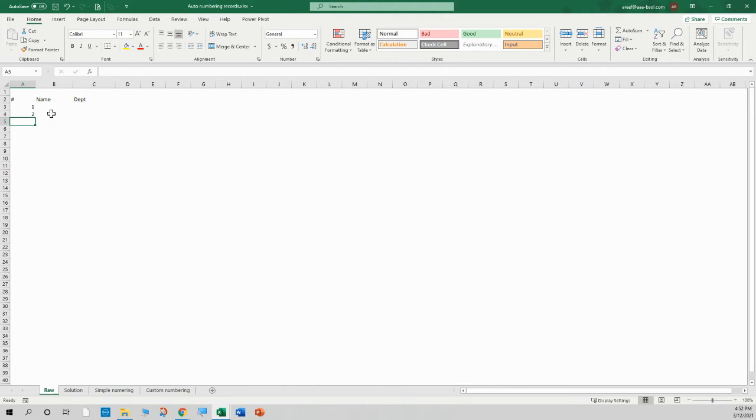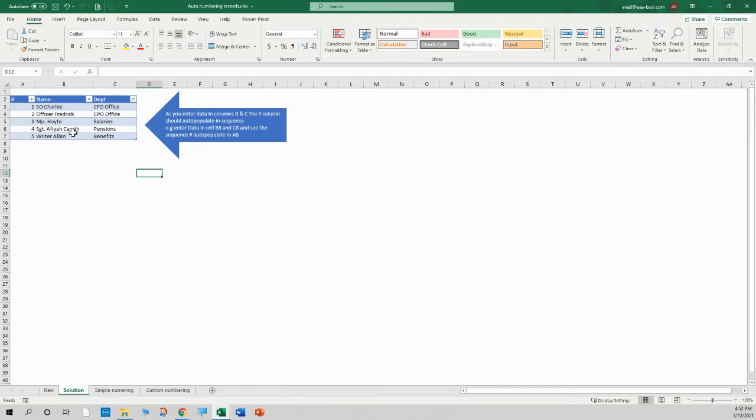The problem is suppose we want these numbers to automatically appear as we enter the records here and enter a new record here. How do we do that? The solution is to use a formula together with a data table. And here we have a data table already. And so if I were to enter a new record here,